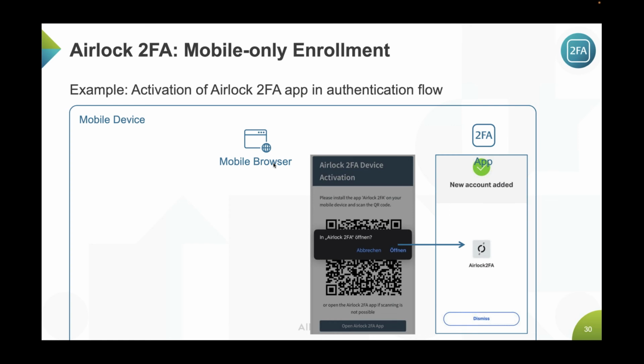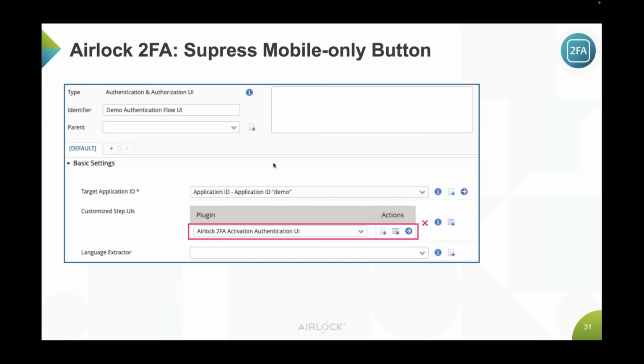If you do not like that feature, since it's enabled by default, there is also the option to remove the configuration. This is done as follows. You have to use a customized step UI. So in the Authentication and Authorization UI plugin, you add Airlock 2FA Activation Authentication UI to the customized step UI,